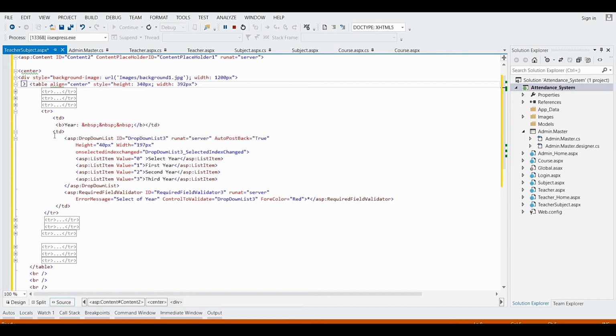In the fourth table row, I have taken two table data. In the first table data, I have taken one bold tag with the text year and three character spaces. In the second table data, I have taken one drop-down list and one required field validator. In the drop-down list, I have set auto postback equals true, height 40 pixels, width 197 pixels.